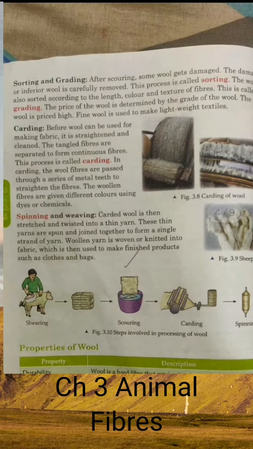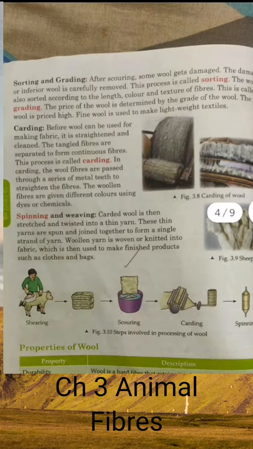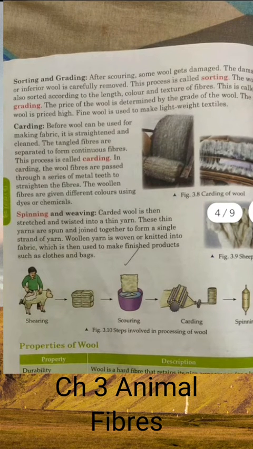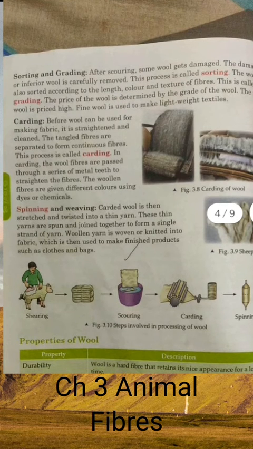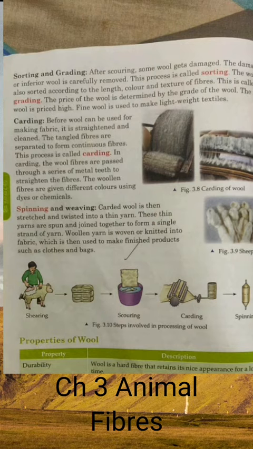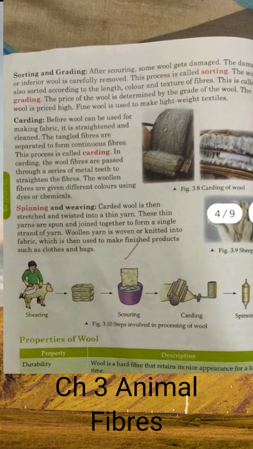So when we get the fleece which has been scoured properly, that is, cleansed properly, we sort it depending upon its texture, its length, and its colors. This is called grading, right? And that is very true. If wool has been scoured and has a very smooth and shiny nature, definitely the cost of it will be very high in the market, right?